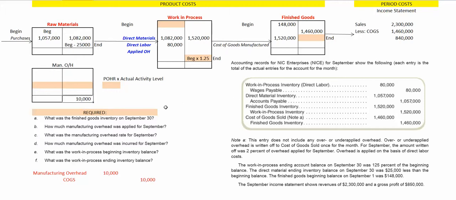$10,000. Now we can make use of the note here that said the amount of over or under applied overhead was 2% of the overhead applied for September. So we can figure out the applied overhead by simply taking our 10,000 and dividing it by 0.02, and we can see applied overhead was $500,000. And again, applied overhead will flow into work in process, and that means that our actual manufacturing overhead had to have been